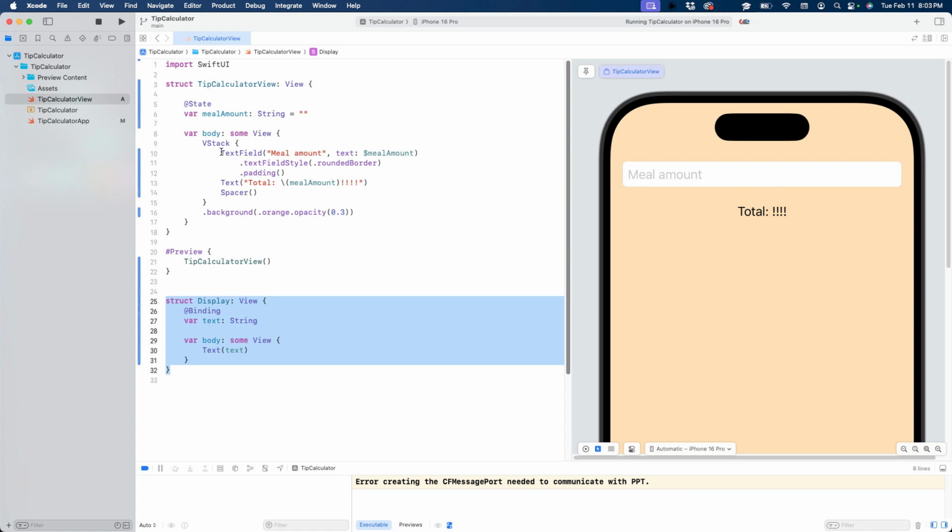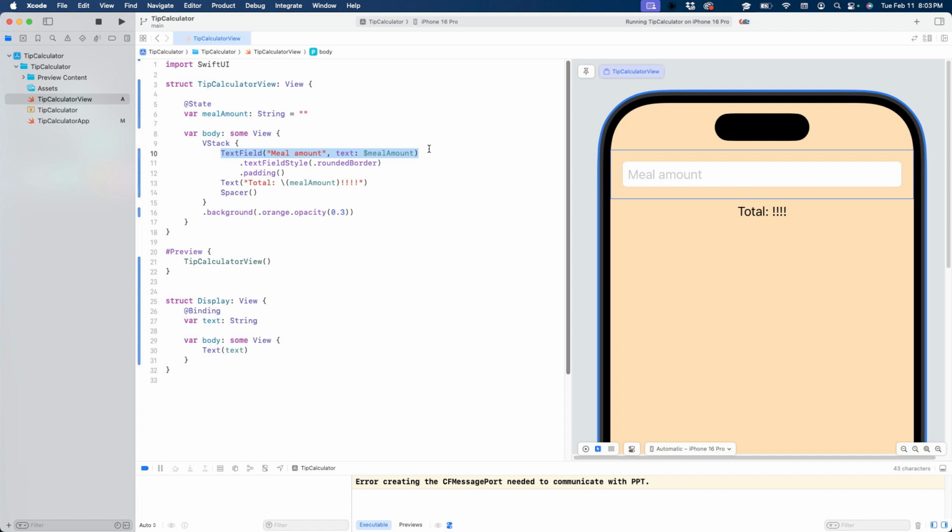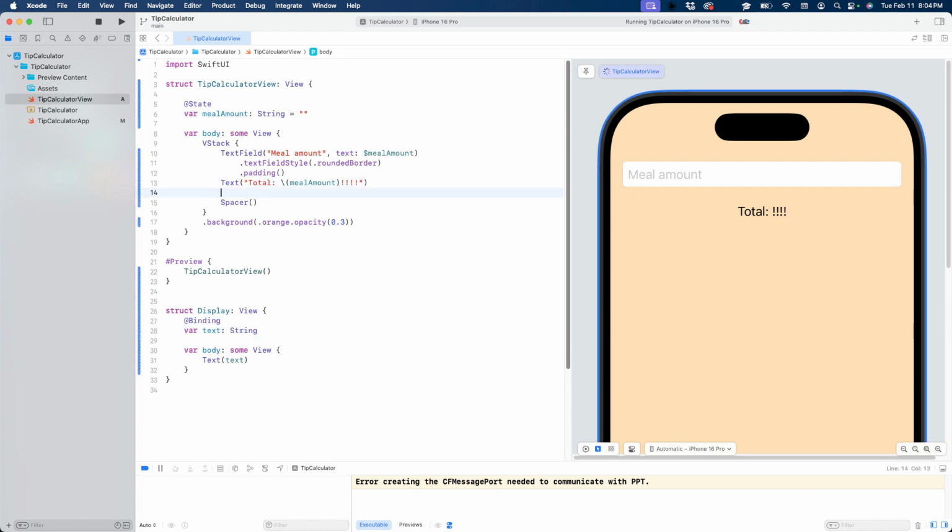Same thing with the text field here. We don't own the meal amount. We shouldn't have a default value for it. All we care about is that it'll get passed to us as a binding, and then we can display it and manipulate it, but we don't own the state. The state lives somewhere else. So that is why we're not passing in state. We just want to take the magical box that we're given. We don't want to create our own magical box. And then we can just have this display